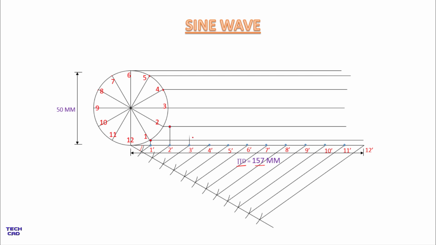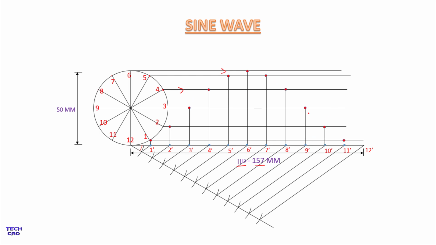In the same way, from 3 dash to 3 line. In the same way, from 4 dash to 4 line. So this is the 4 line. As you can see, this is a line from point 4. So again from 5 dash up to 5 line, and 6 dash up to 6 line. So this is the 6 line. In the same way 7 dash to 7 line and 8 dash to 8 line.